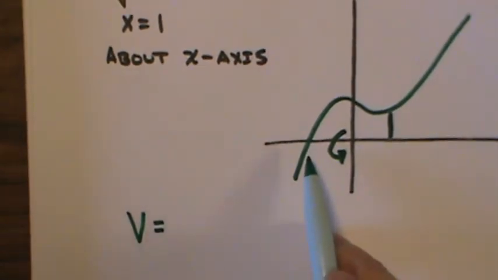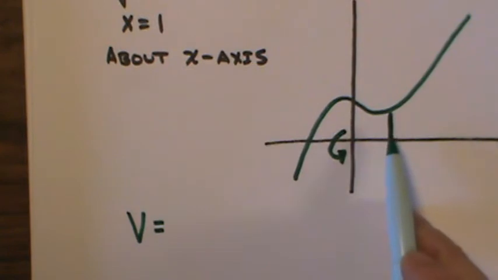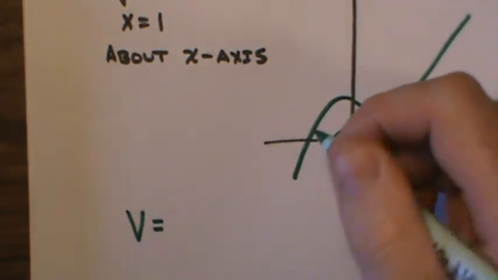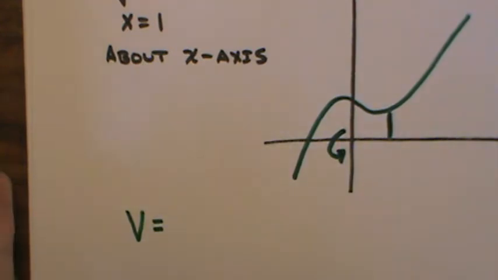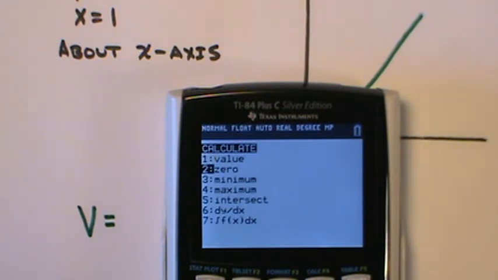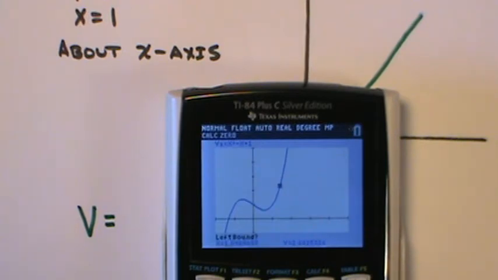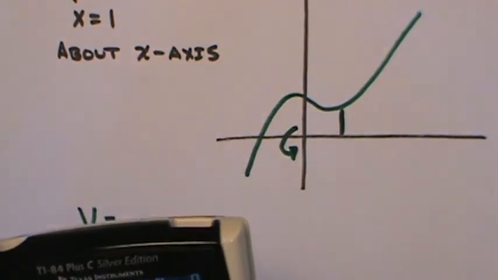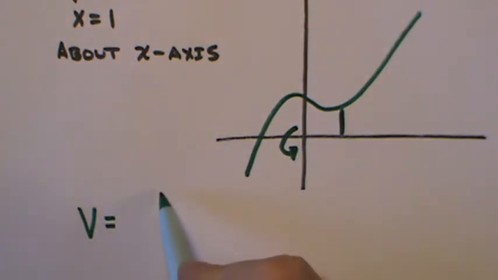Now, I probably need to figure out what this value is right here, because I know where I'm going to finish at. It's going to finish at 1, but I don't know where this value here is. So on my calculator, I can go second trace and find that 0, find where it's crossing the x-axis. And so I just scooch this over. I do boom. I'm getting a value of -1.3247. So I'm going to do x equals